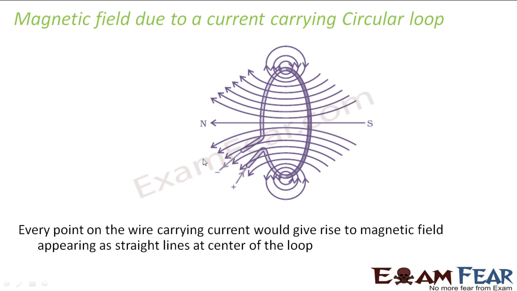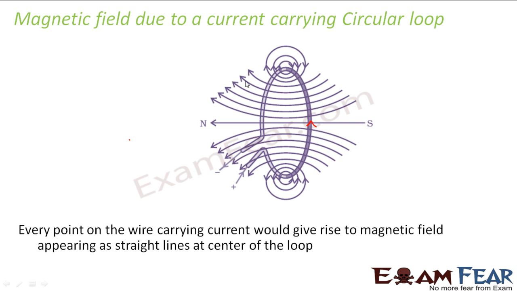So that will be somewhat like this, right? So a current is flowing through this circular loop like this, okay? So now what will be the magnetic field? Now we know that for a straight conductor, we know the pattern of magnetic field. Now we can assume that every point on this wire would give rise to a magnetic field, and every point on this wire can be compared to a straight conductor, because if you see, the same points were there on the straight conductor. We have just curved it to form a circular loop. That means every point can still be considered as a point on the straight conductor.